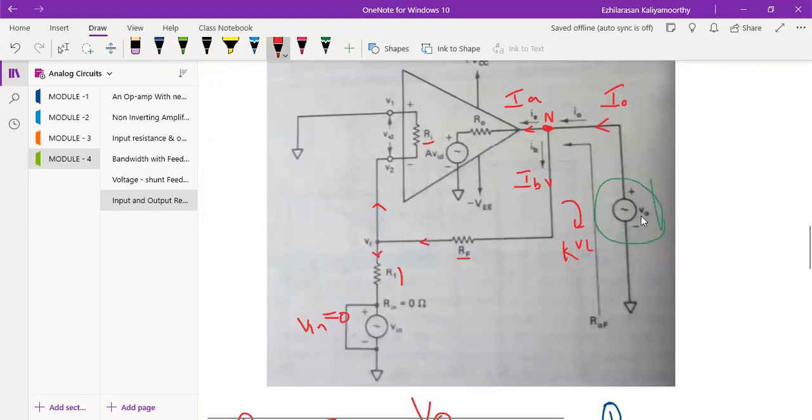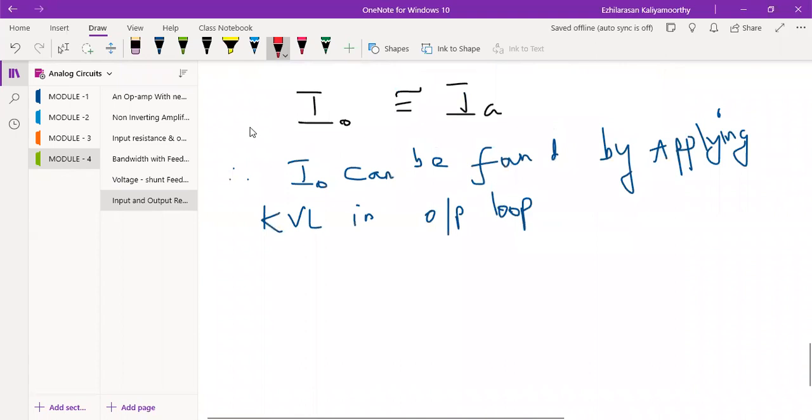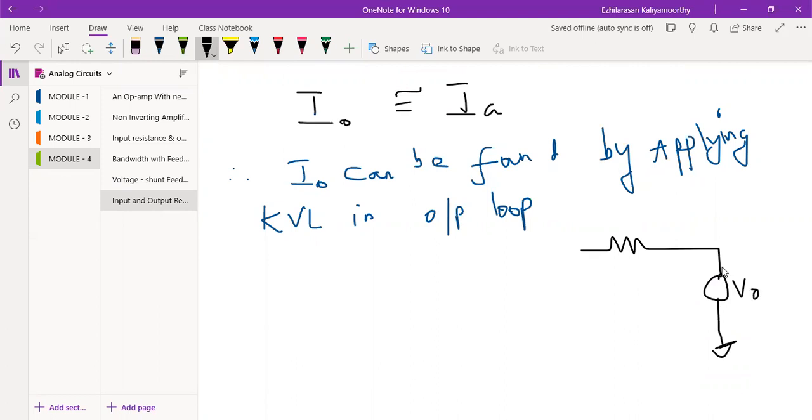From this start, V0 minus R0 I0 minus AVID. You take only this because this node is eliminated. So then you have this source and the R0 only. See, let me draw the diagram here. We'll have it like this. This is your R0. This will be your test source, this will be your V0, right? So plus minus. Then this will be your R0. Then here I'm having the source. That source is A into VID.